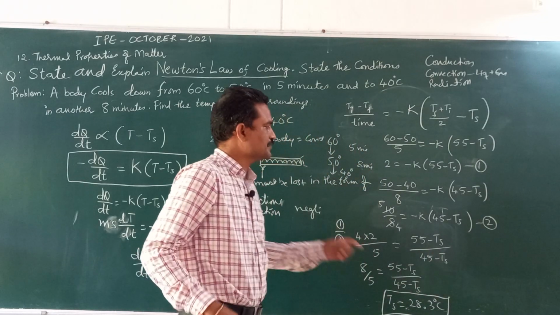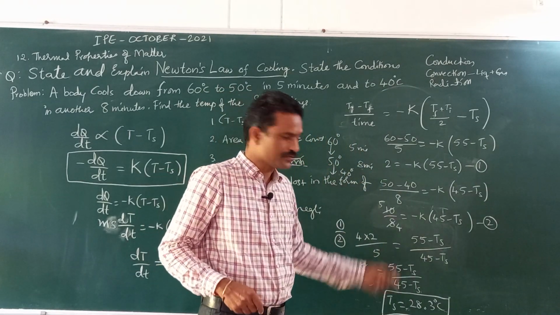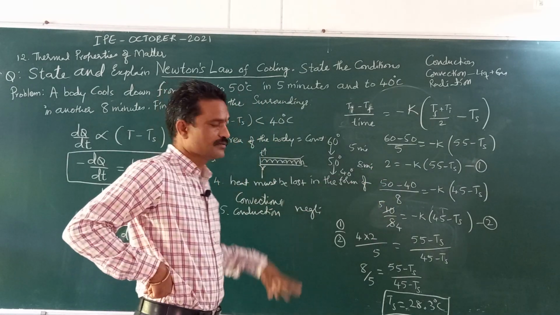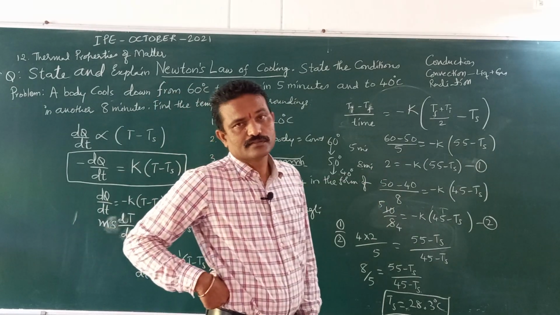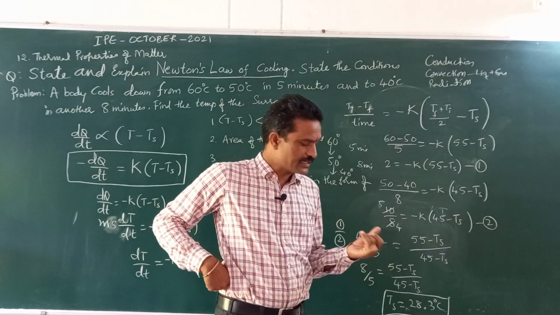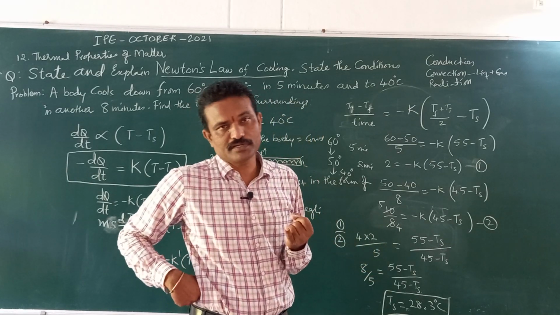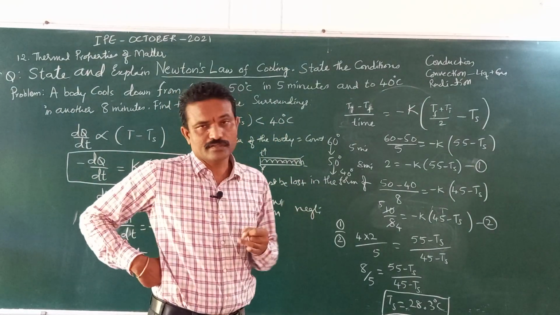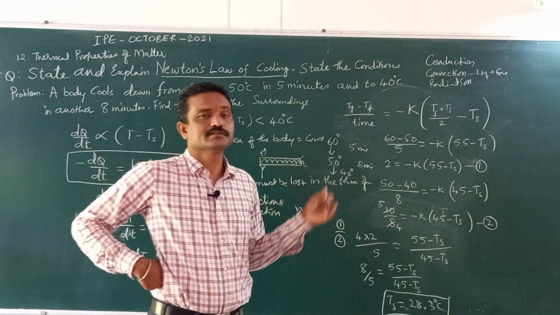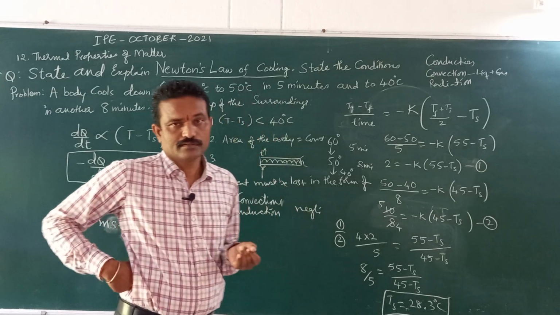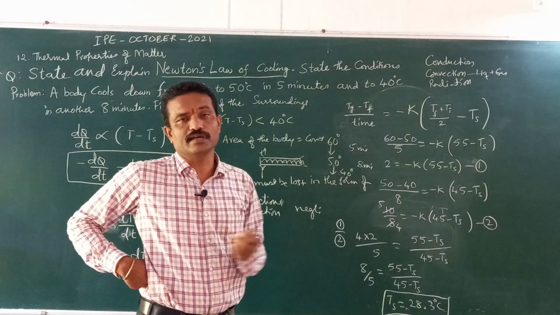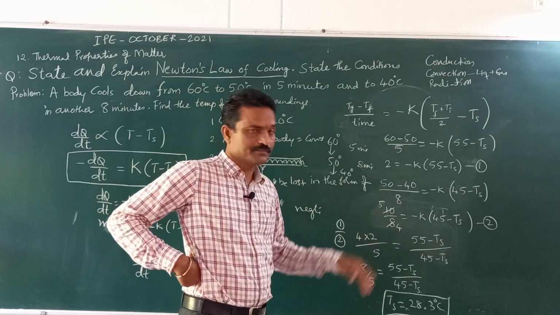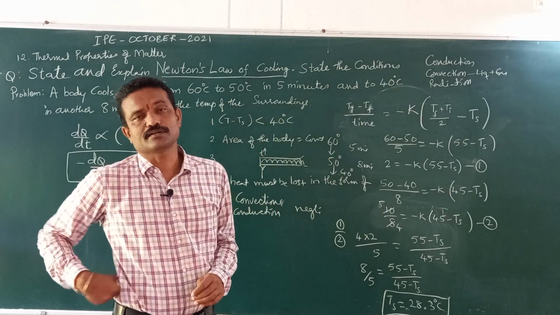So, if you do this problem, you will get around 3 to 4 marks. For the remaining, you will get 5 to 6 marks. So, for the statement, 1 mark, that you should remember. For writing these equations, at least you will get 2 marks. At least 2 conditions or 3 valid conditions you should write, then for doing the problem definitely you will get around 3 marks.